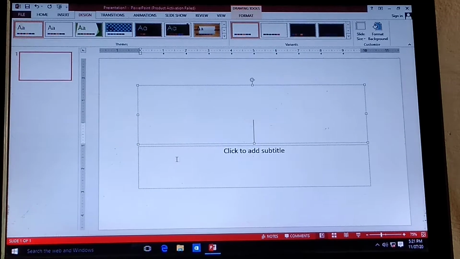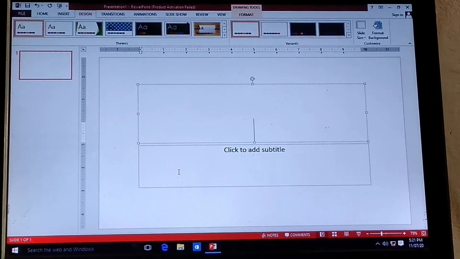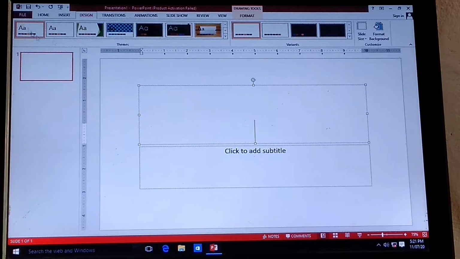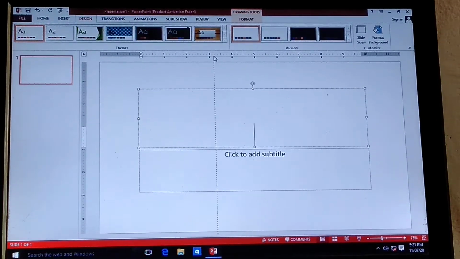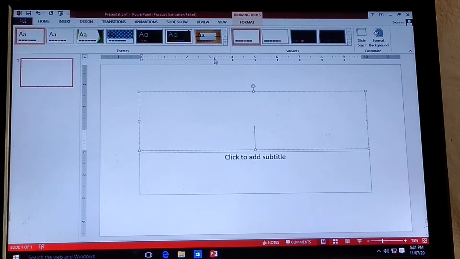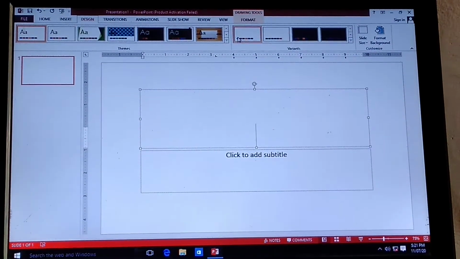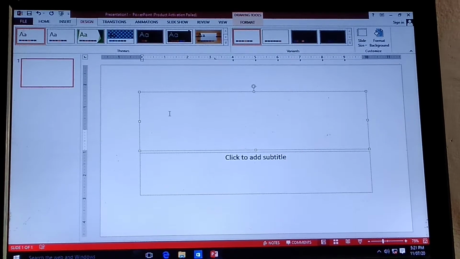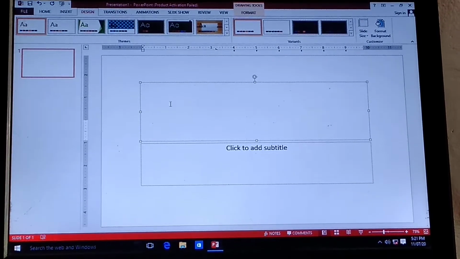Okay. After that, if you open page number 114, you will see a ruler. This thing is called ruler. What is the role of ruler? There are two types of ruler. One is horizontal, another one is vertical. The ruler helps in aligning the text and objects in the slide.